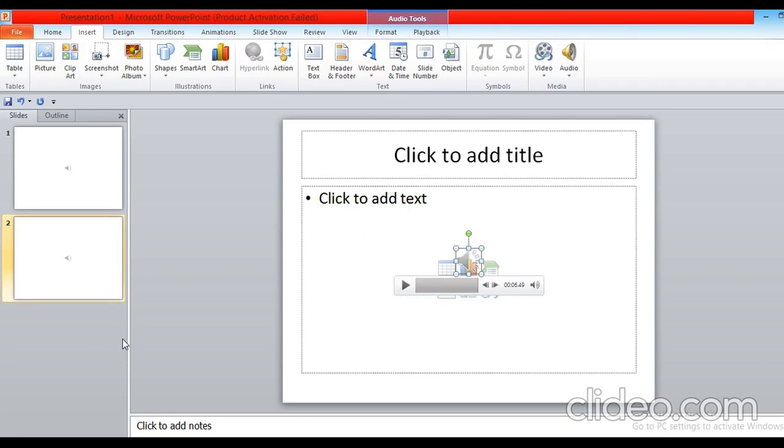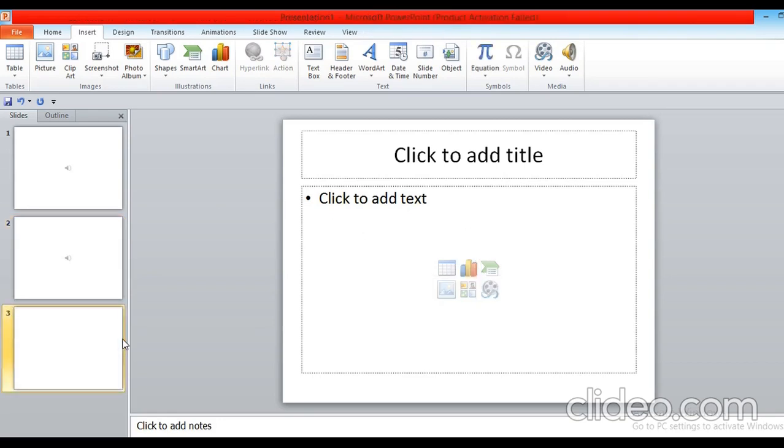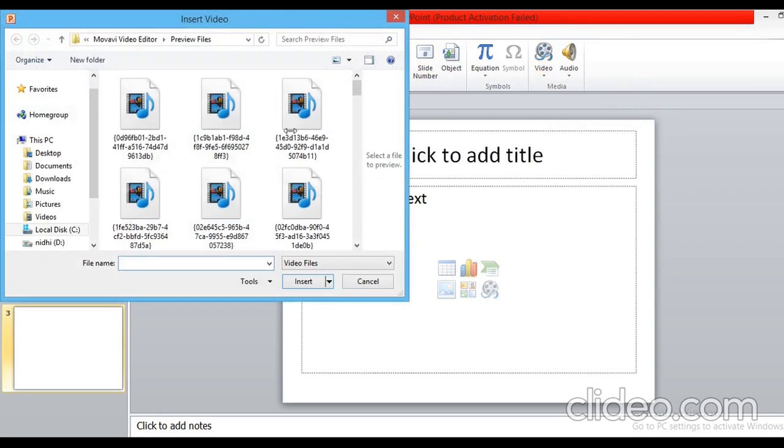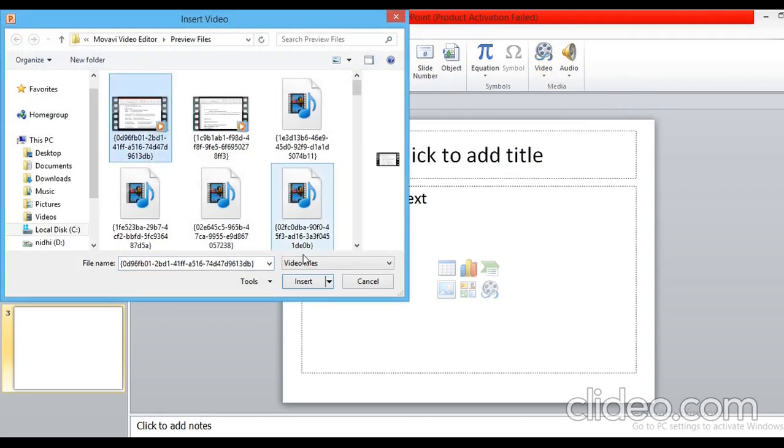Now the next option, how to insert video clips in the presentation. You can also add a video clip into the presentation. There are a few steps you have to follow to insert the video. Click on video from the insert tab, in the media group option given over there. Click on the video option from the media group. Choose the video from file option from the list. You can add any video of your choice and click on insert.